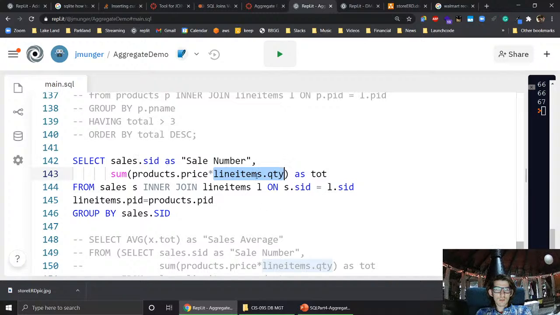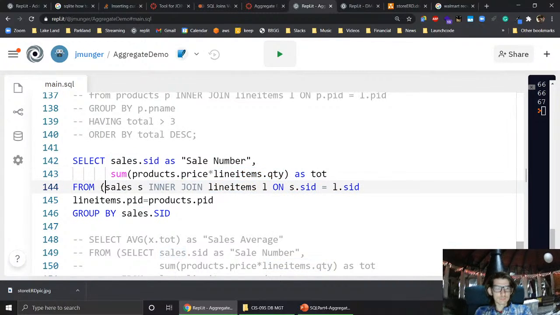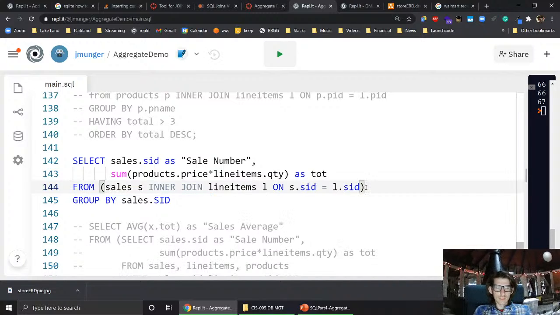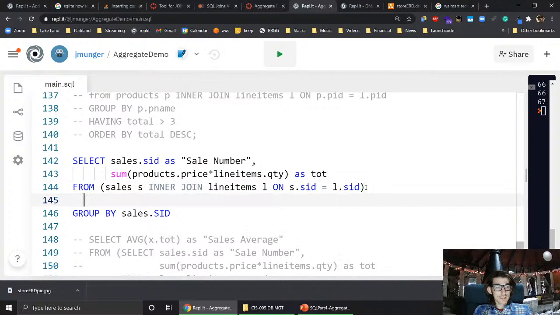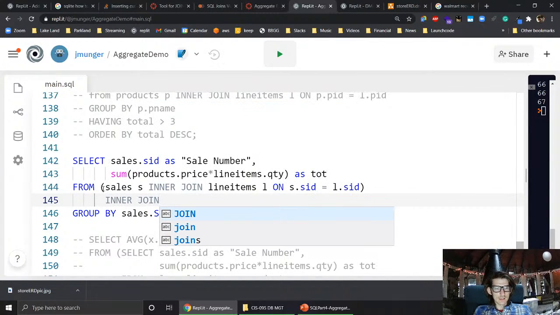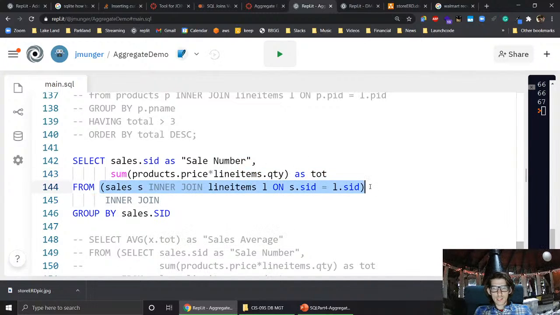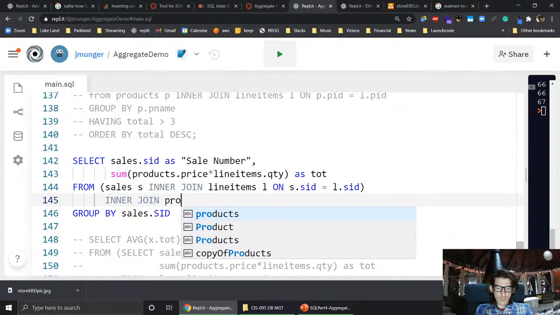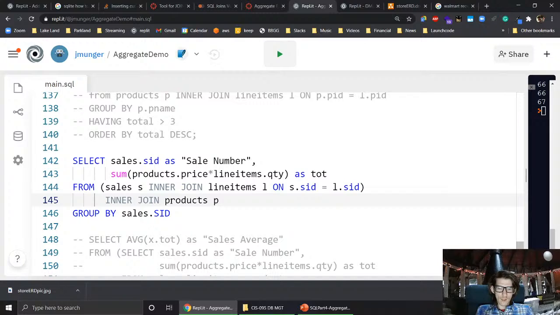All right, so where were we? We have to join. So this is our first join. Okay, and then we need to join the result of that table to the products table. And so I will move that down here to keep it easy to read. Inner join. So it's going to take the result of this join and join that with products on